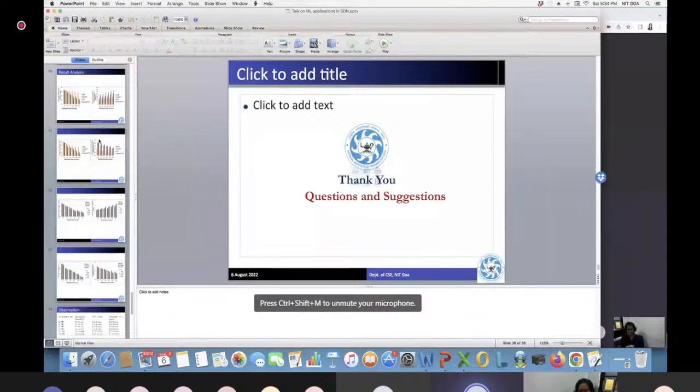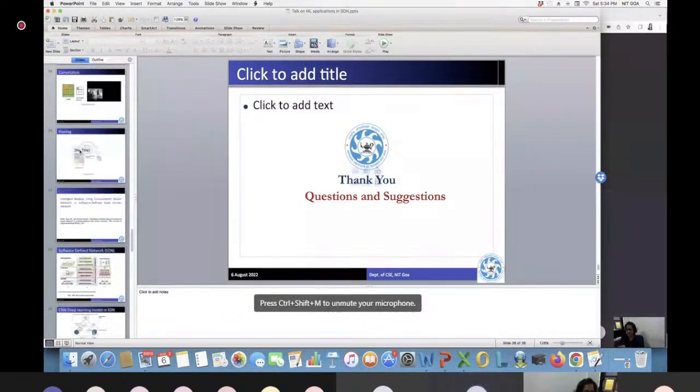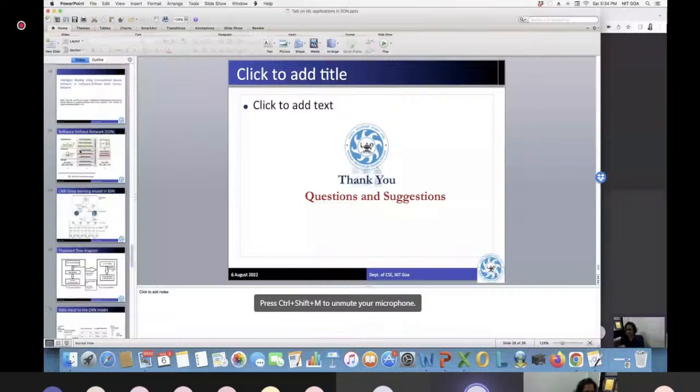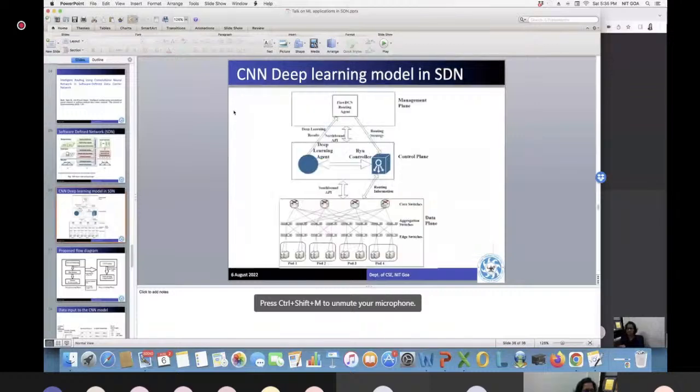Yeah, I understand. So the whole thing I explained through only one control agent, one controller. Let me go to that slide. Yeah, this is the slide. Is it visible? Yes, ma'am. So here I explained the control plane. I did not say how many controllers, but in our work we have considered only one controller. Virtually it will look like one controller.